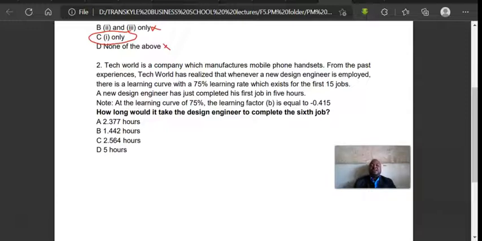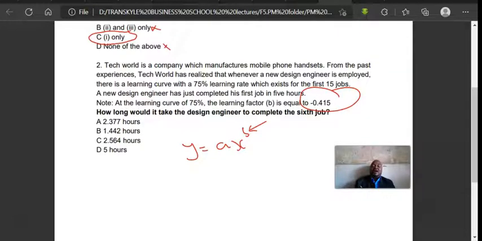Note, at the learning curve of 75%, the learning factor b is equal to negative 0.415. And this b which they are talking about is in the equation y is equal to ax to the power b. This is the b we are talking about, and we are told that b is negative 0.415. If we were not given this factor, we were going also to determine that by using the formula